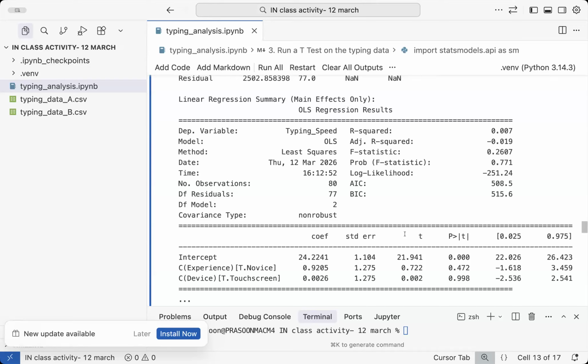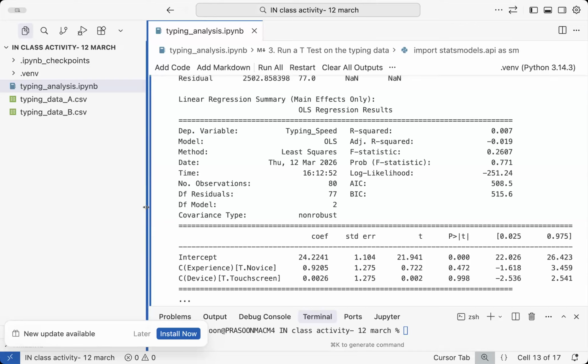I don't know the syntax for this Python library. I used it way before once. I'm also very heavy on R. Does anybody have the R version to confirm? Is that the same? We have the same value using the same library and the same everything. Okay. Because I thought you said experienced people are a little faster. Oh, that's right. So I see. Novices are about 1 second slower. Yes, that's right. So this is correct. Okay, good.